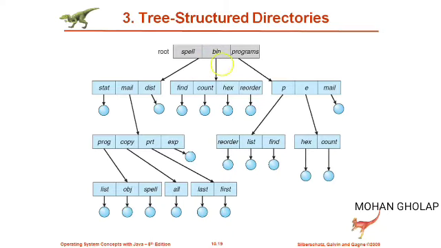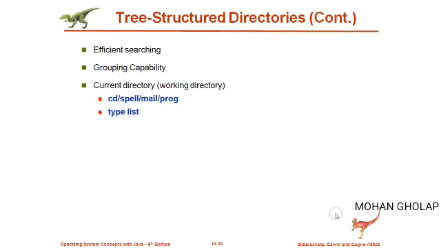So here, when we have such a generalization, it is going to allow users to create their own subdirectories and to organize these files accordingly. It means that in the previous slide we saw that for a particular user you can have different directories. Again, for a particular user, for different purposes he may have different files. So to that granularity also it is possible to have different directories. So this is nothing but the tree structured directories.